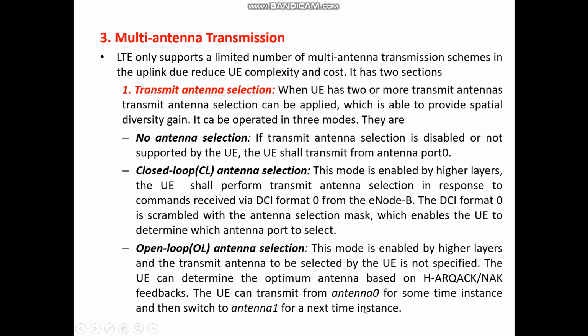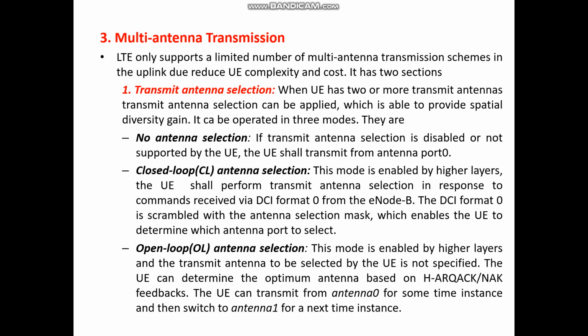And this can be periodically going on depending on which antenna should be chosen based on HARQ acknowledgement or not acknowledgement status. Okay, this is about multi antenna transmission.